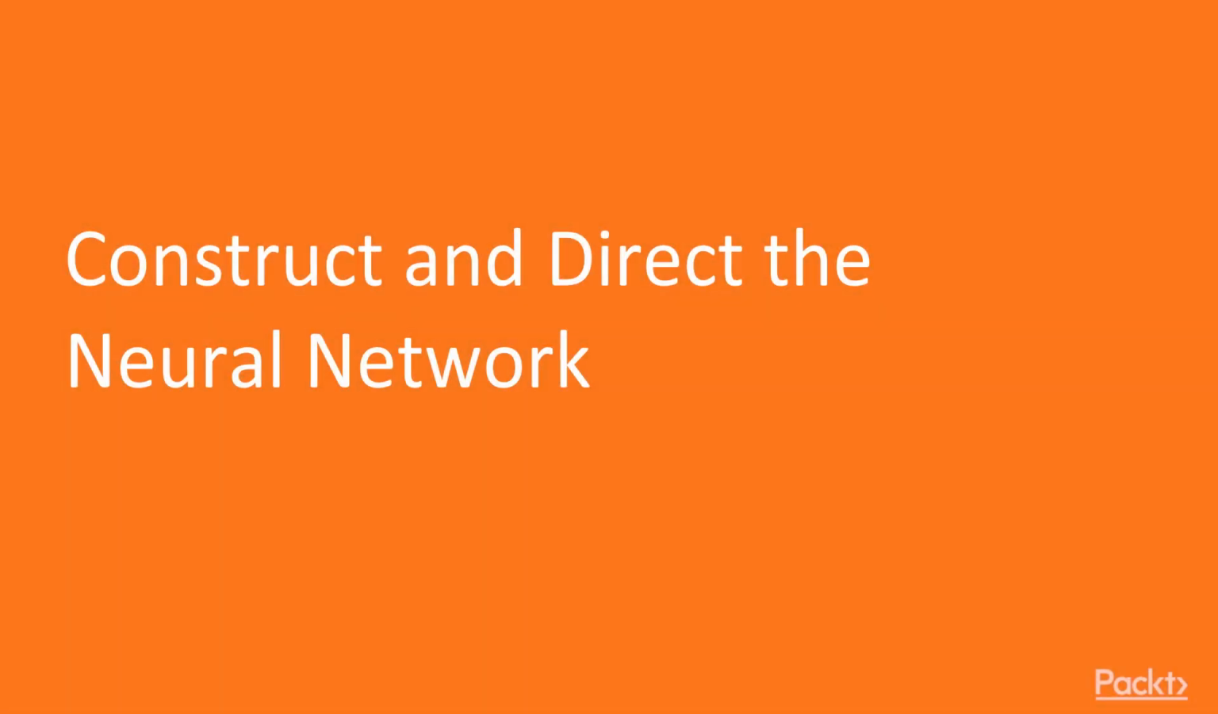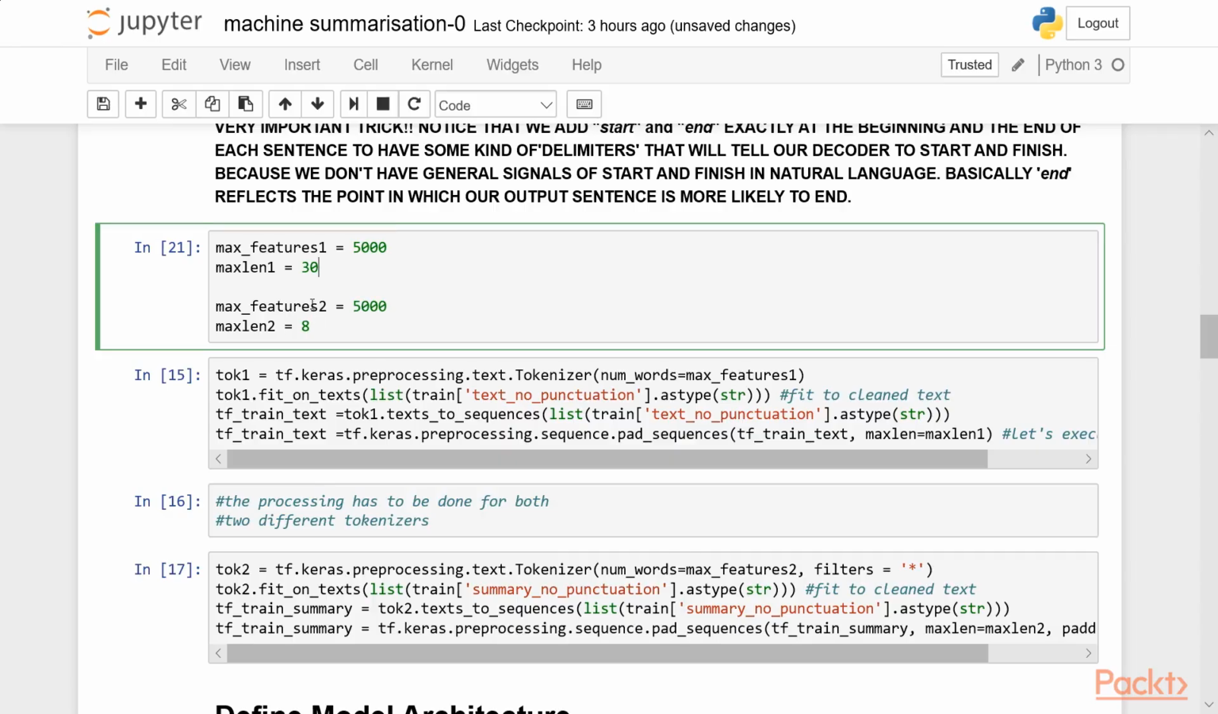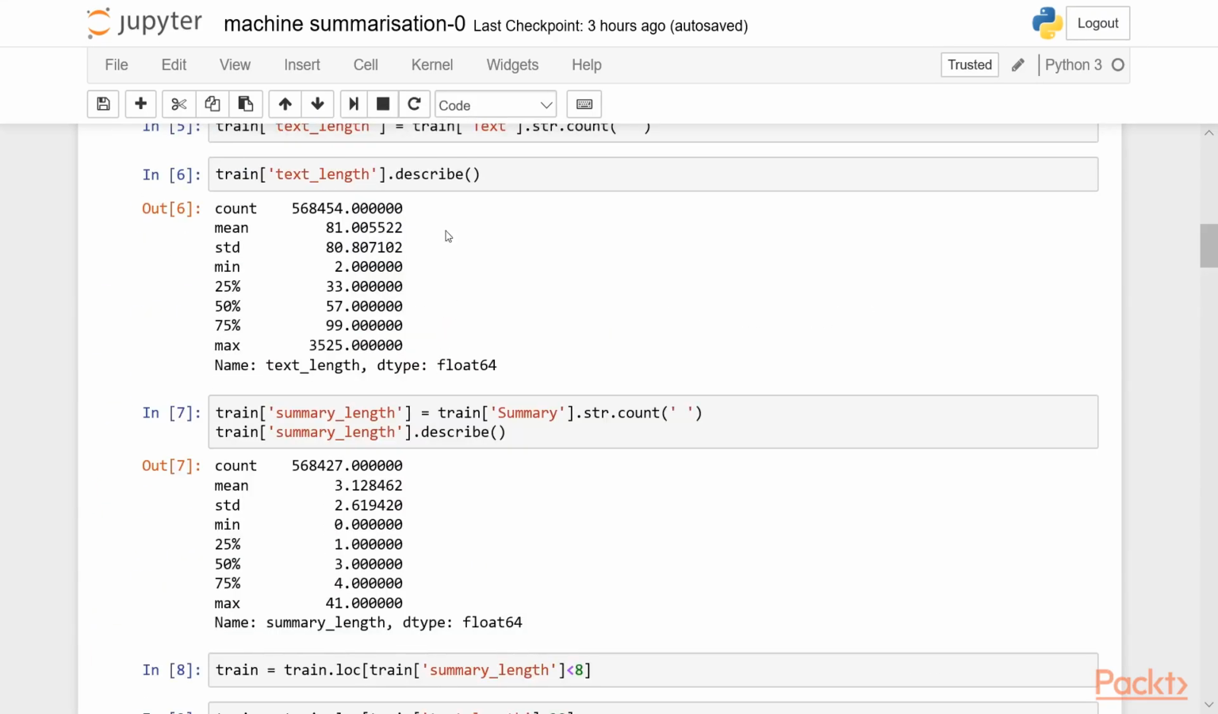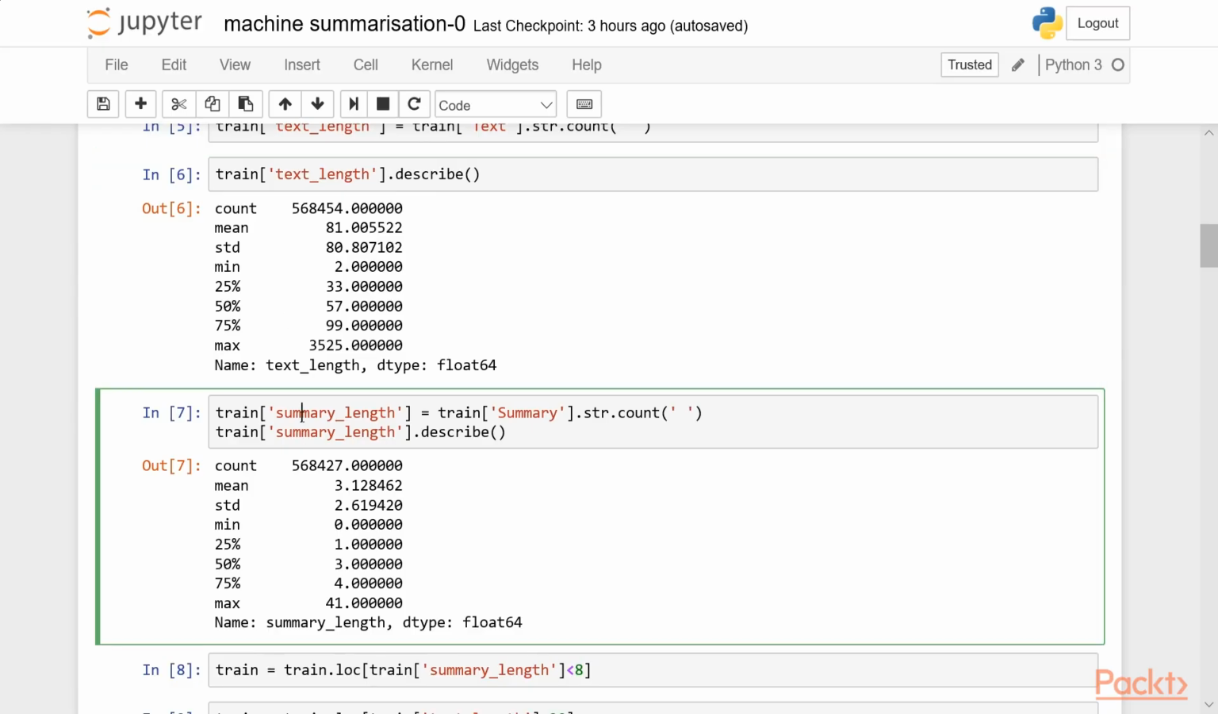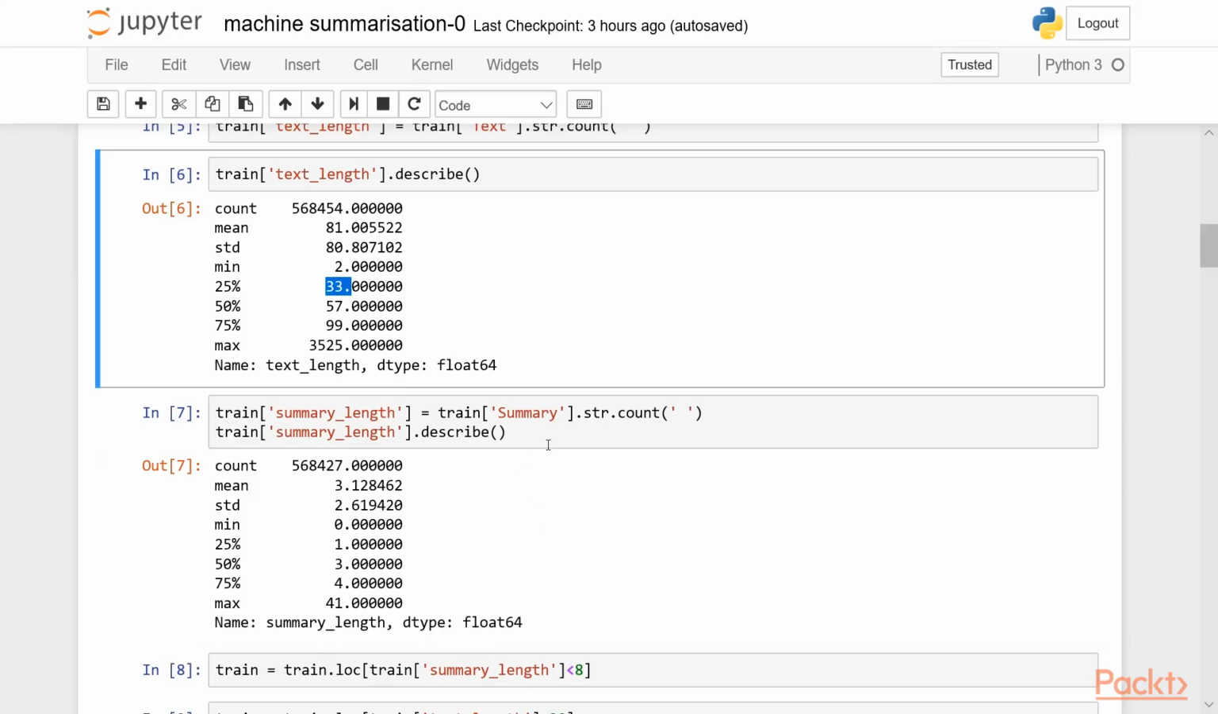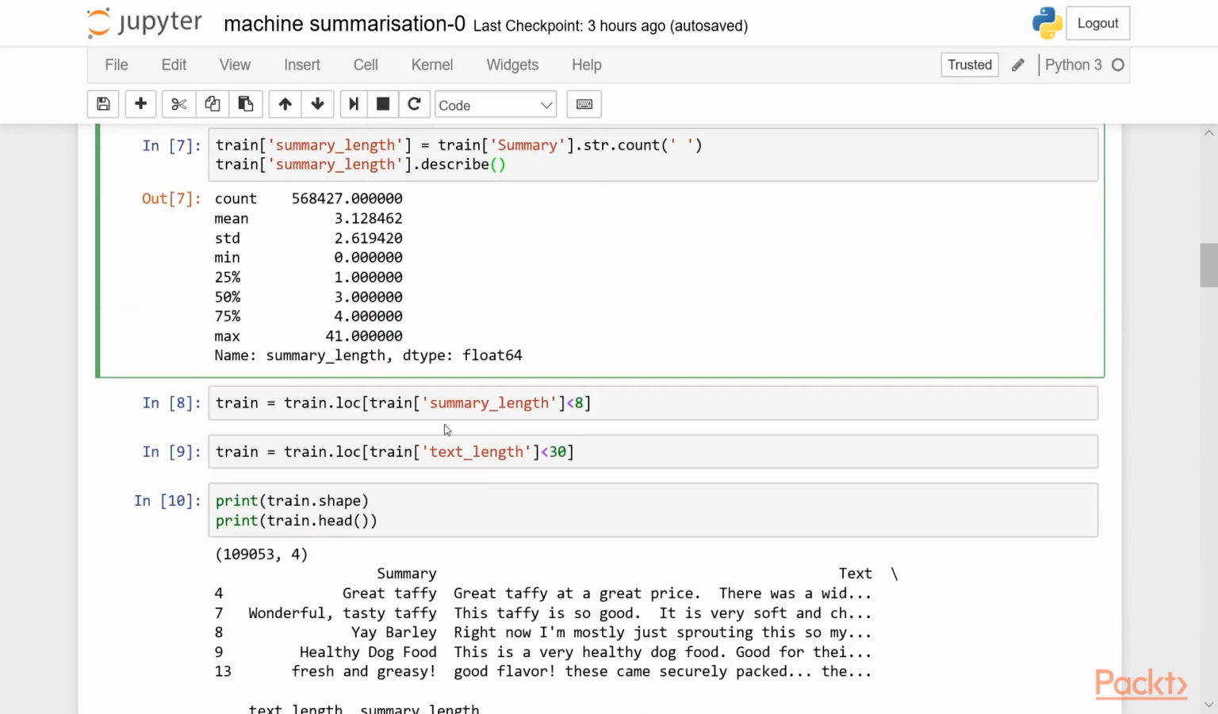Hi, in this video, we will build and train a neural network. Let's first assign the maximum sequence length for the text and for the summary. These numbers are a result of our previous analysis. Let's remind it quickly. We counted the words of the text and the summary, and I decided to rely only on short text with less than 30 words and remove the outlier of the summary and using summaries with lengths